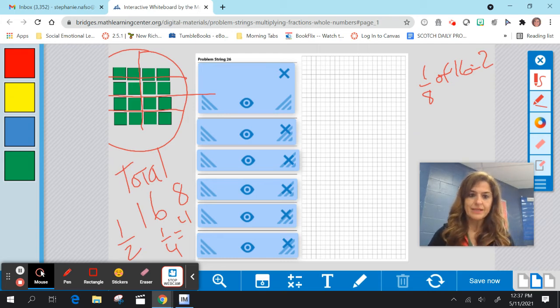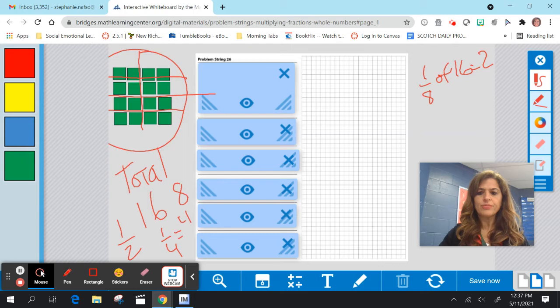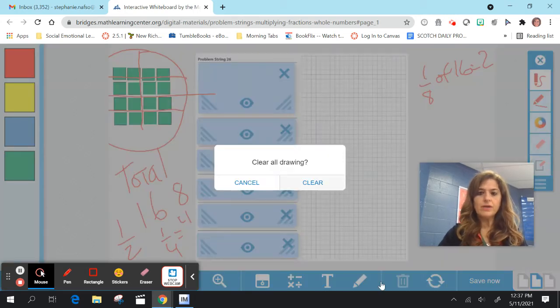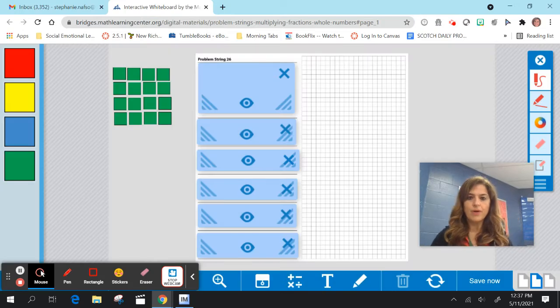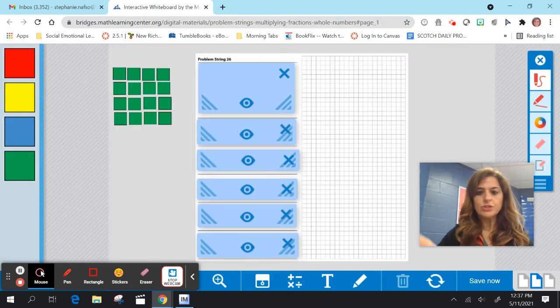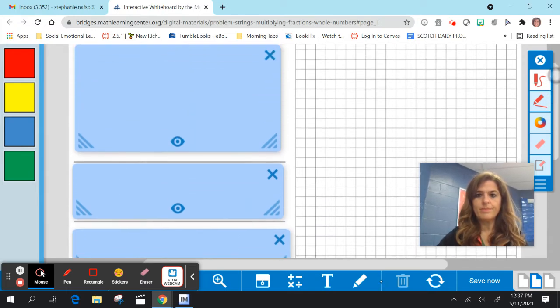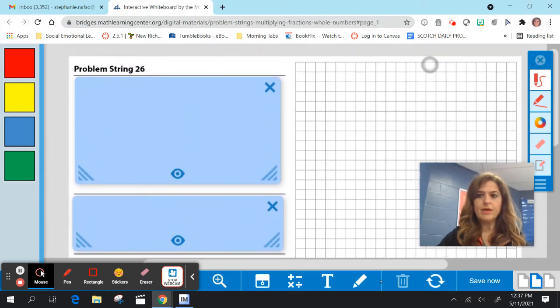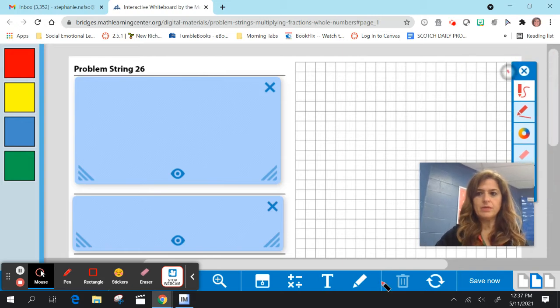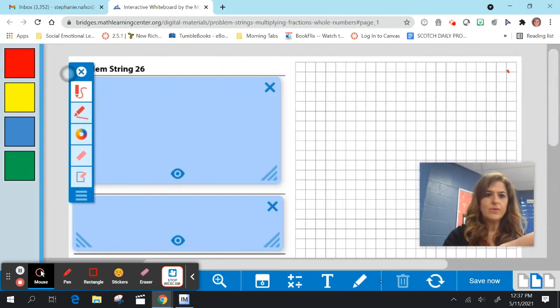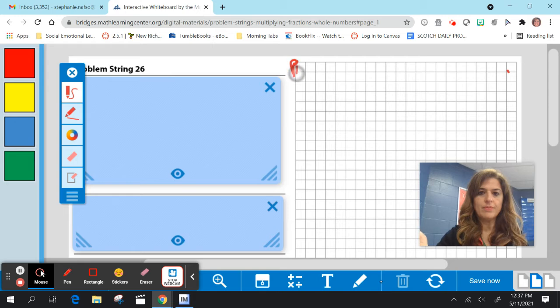So that is kind of our preview for now. We're going to start our problems. So you should have your page set up, so that way we could see problem,